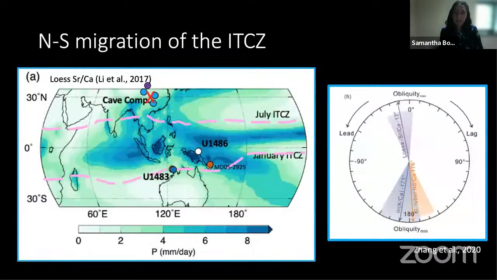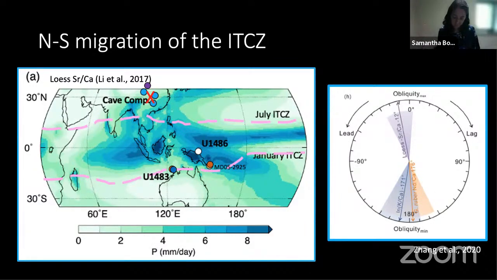All right, and so we can do the same thing, and it was shown previously that the amount of rainfall at the northern margin of the ITCZ and the southern margin of the ITCZ at the obliquity timescale are out of phase with one another. This is unlike the precession response, in which these two regions were in phase with one another. And so this suggests that